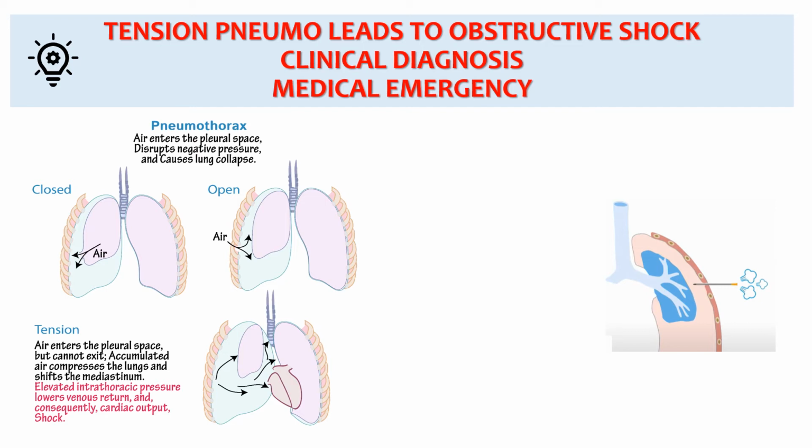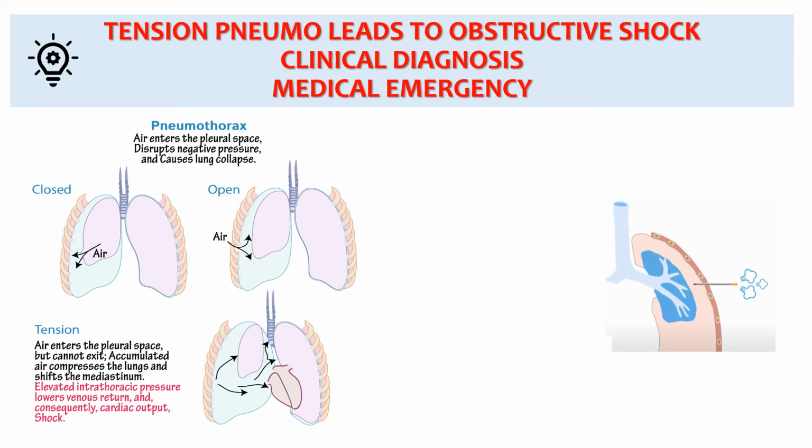And it's a clinical diagnosis. You suspect it on the basis of physical signs and the rapid deterioration. If the patient is on the ventilator, there'll be rapid deterioration in the vital signs, and there'll be a rise in peak and plateau pressure. That is how you detect it, and the blood pressure often falls. So it's a medical emergency of the highest order. If you don't act immediately, you can lose the patient. And if the patient is not so bad, and if there is somebody who can do an ultrasound, you can put the probe and try to diagnose it. It will be obvious with the ultrasound.